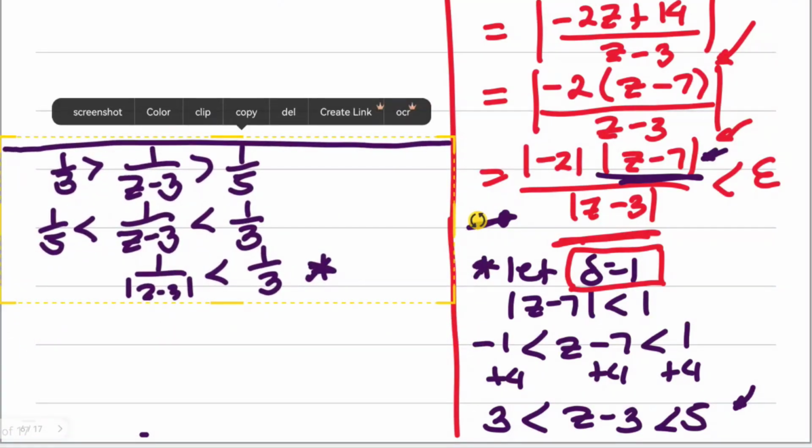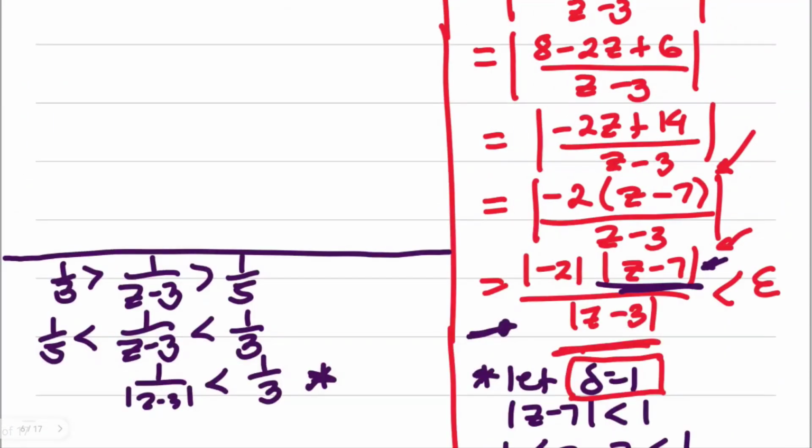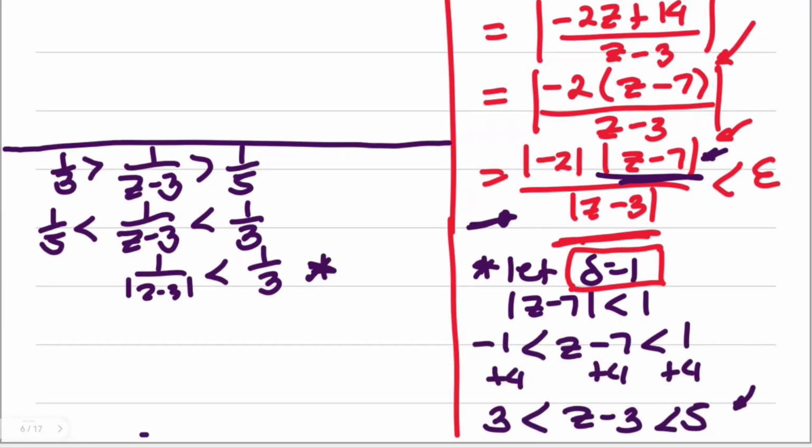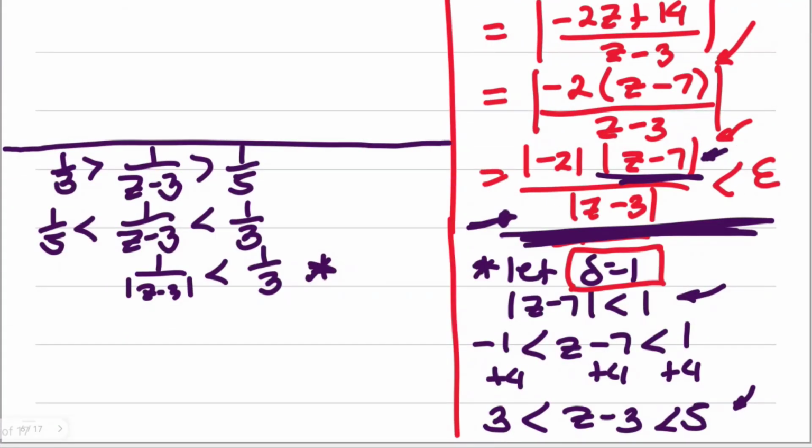Okay, so hopefully the space here is enough for my proof, because we haven't started the proof yet. Take note, we haven't started the proof. We're just at our scratch work. Our goal is to have this one, and take note, our goal is for the absolute value of z minus 7 to be satisfied, and have some representation for delta.